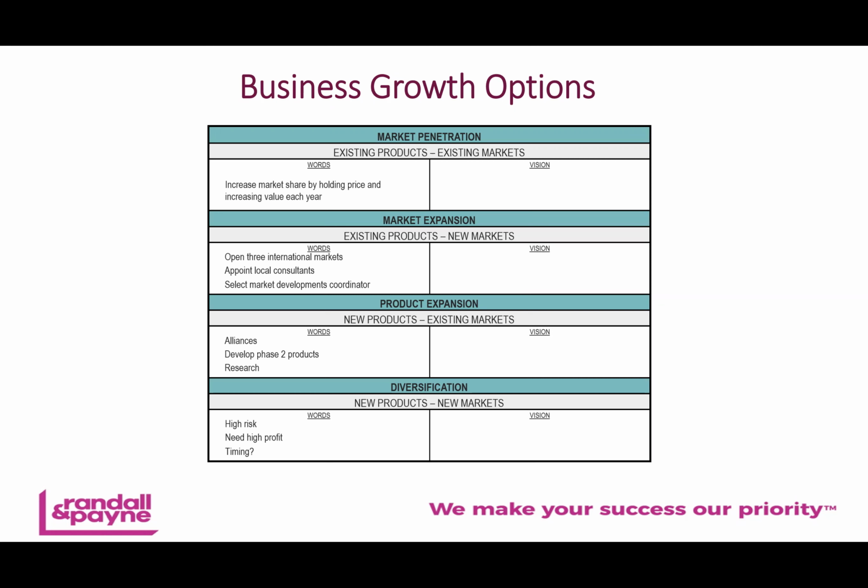So an alternative then is to think about taking the products that we already have and know and selling them into a new market. So a new market might be a different geographical location, it might be a different demographic, different age group, might be a different income group. There's lots and lots of ways that we can segment potential markets, and that in itself I think is a really interesting exercise to do. So segmenting the market is a good step. Then we can start to see where we might be able to identify new markets or new market segments that we aren't currently dealing with, and see how we can sell products that we already have into that market.